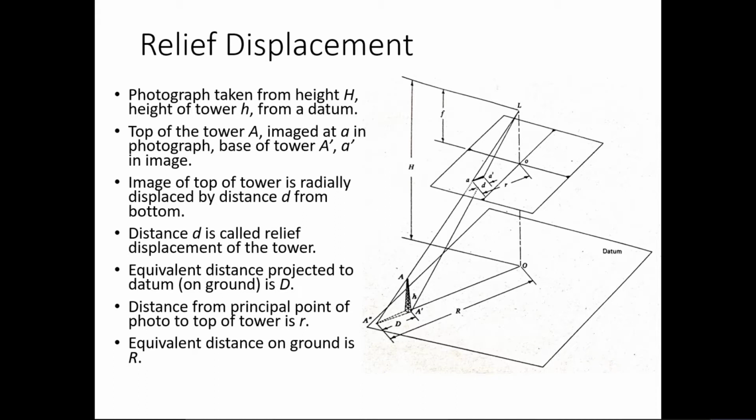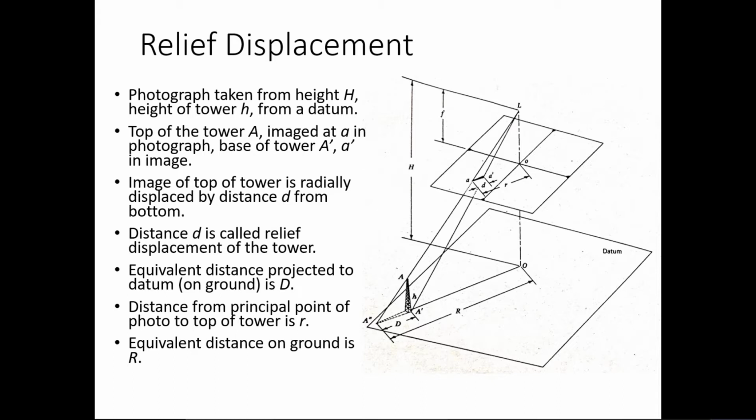Suppose you can see on the datum on the ground, the bottom plane shows the ground and the top plane shows the photograph. Okay, suppose. So here you can see from the base on the bottom image, a tower. Let's see whether we can calculate the height of that tower. The photograph is taken from a height capital H, as you can see from the datum, and the actual height of the tower is small h.